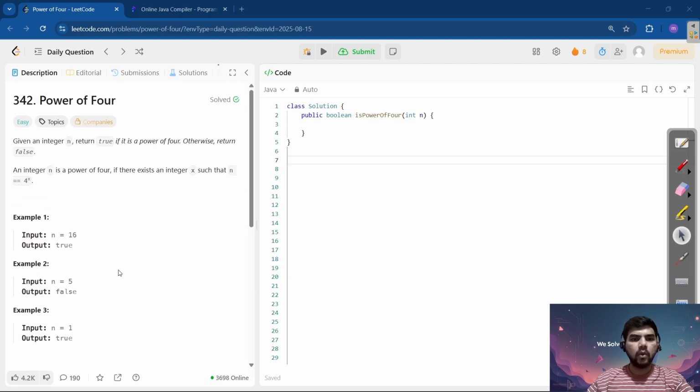First, we'll try to solve it with a loop, so we're going to find an approach. We will make all the possible powers of 4 and check if any is equal to n or not. That's a simple approach we are going to do. So let's start coding, and current will be equal to 1. Initially we'll keep it 1 because 4 to the power 0 is 1. And while the number does not overflow, meaning current is greater than 0,